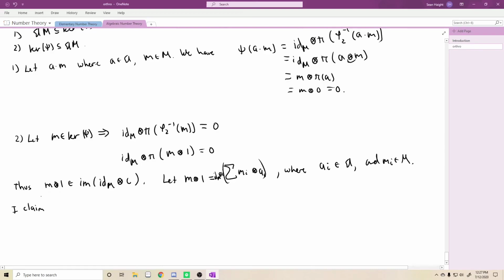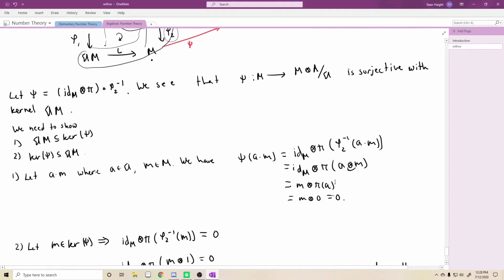So note m is going to be varphi_2 of m tensor 1, which is varphi_2 of ID_M tensor the inclusion of this thing, m_i tensor a_i,